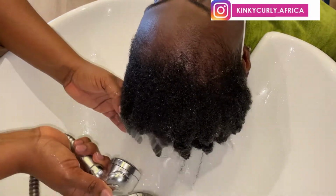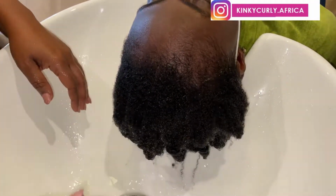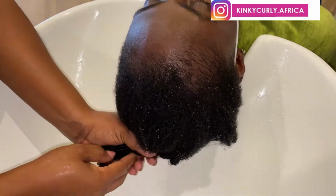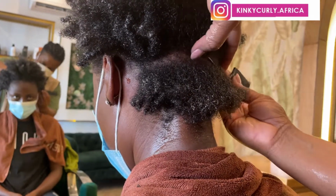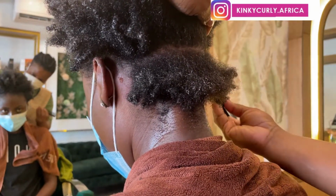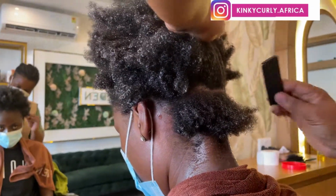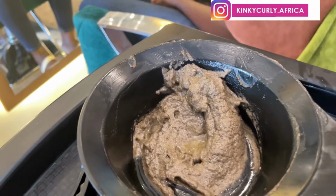All right, so after this, we're going to put in her deep conditioner, and we're going to detangle again, twist it up, and then she's going to sit under the steamer for a bit. When it's done, we're going to rinse it out, and then we're going to go in with a CHEBE butter application. And because she's using this as a protective style slash a length retention method, we're going to section the hair into parts,